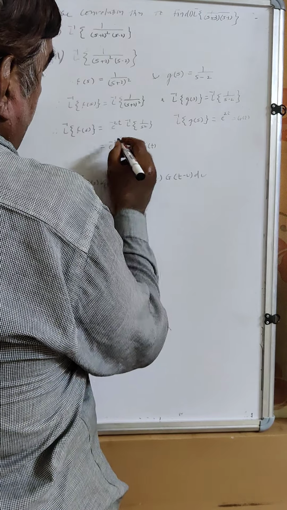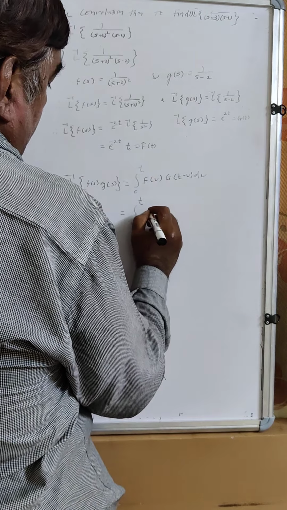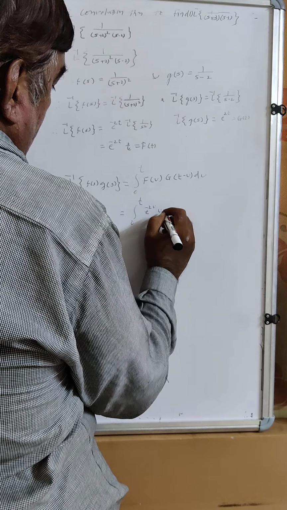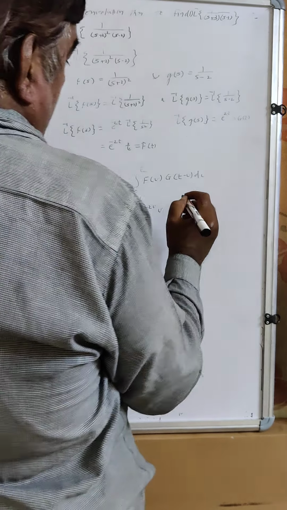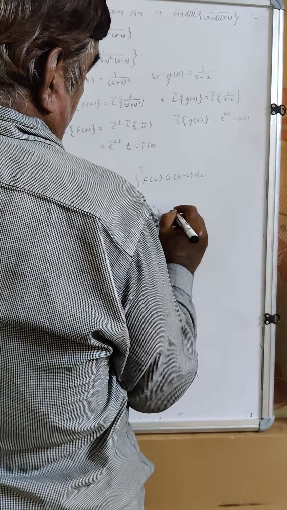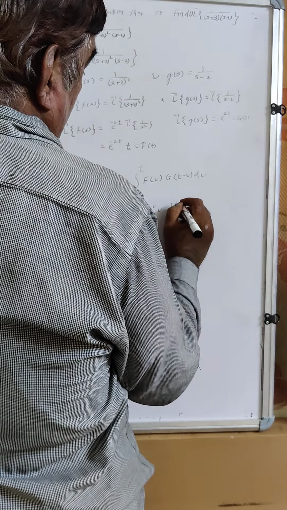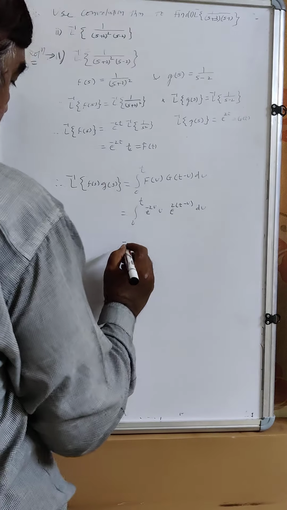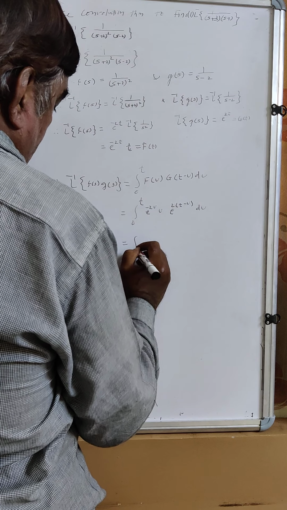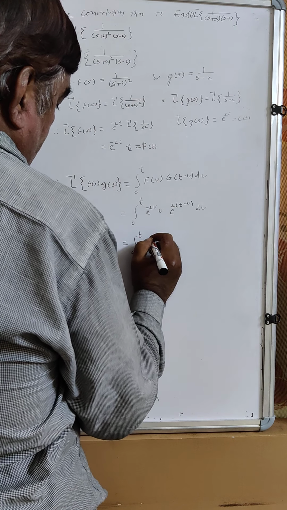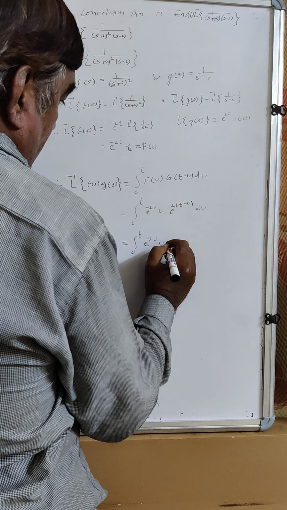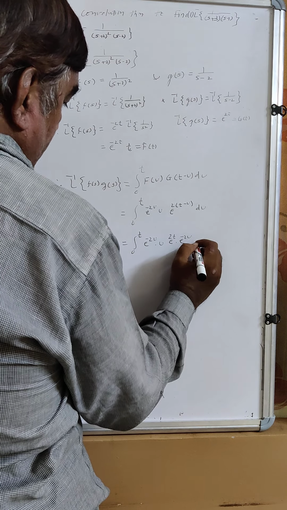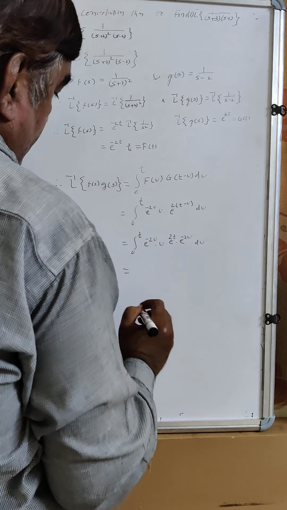Here f(t) is e raised to minus 2t into t, so f(u) is e raised to minus 2u into u, and g(t minus u) is e raised to 2(t minus u). du is equal to integral from 0 to t of e raised to minus 2u into u, e raised to 2t into e raised to minus 2u du is equal to,